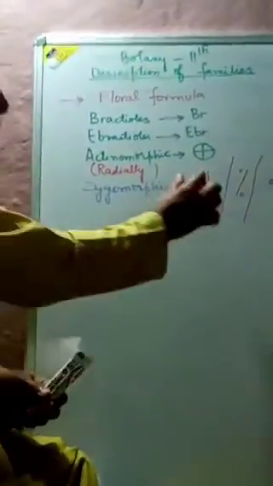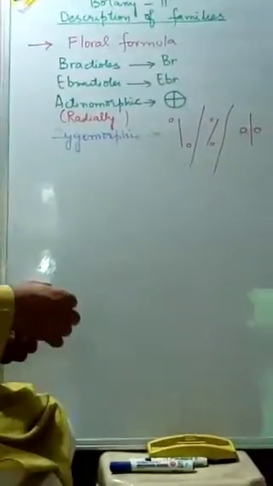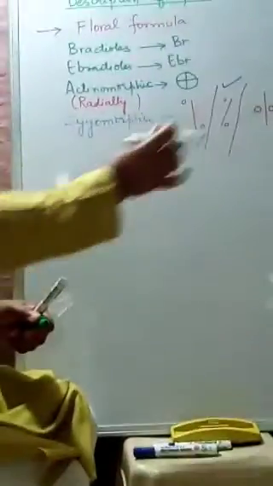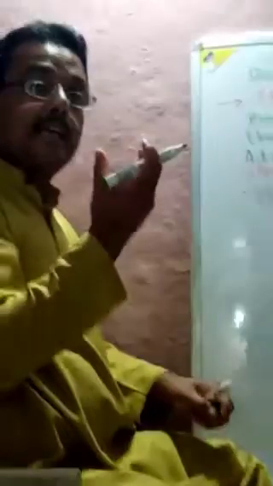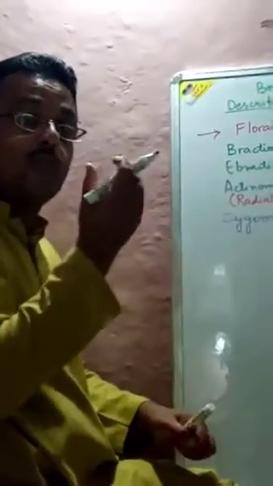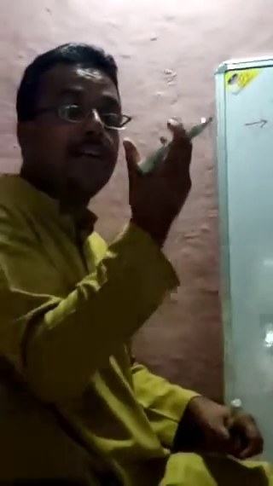ज़ाइगोमॉर्फिक में हम क्या करते हैं, इसका जो सिंबल है एक्टिनोमॉर्फिक है, दिस इज लाइक दिस. ज़ाइगोमॉर्फिक ये भी ठीक है, ये भी ठीक है, दिस साइन इज आल्सो राइट. लेकिन जो हम ज्यादातर इस्तेमाल करते हैं, दैट इज दिस परसेंटेज, जो मैंने परसेंटेज लिखा, लाइक दैट. ज़ाइगोमॉर्फिक में हम क्या लिखते हैं कि जो फ्लावर होता है, it can be divided into two equal parts only in one plane.